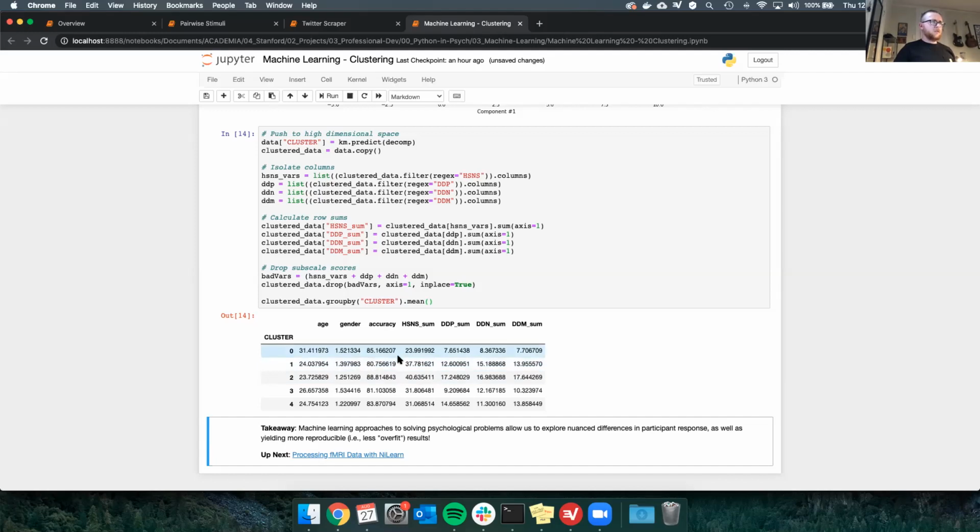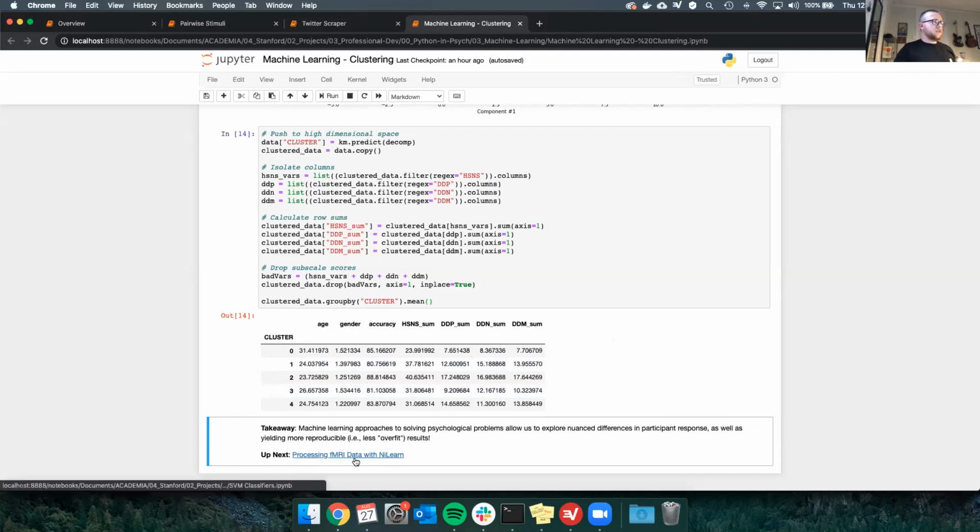But then we start getting into responses on the questionnaire measures. And we can see that participants who were clustered into group 0 scored much lower on all of these than participants in group 1. So you might hypothesize, okay, there is some qualitative difference here between participants who respond this way and participants who respond this way. So the takeaway here is that machine learning approaches to solving these problems give us a really nuanced means of exploring data that's hard to do manually. We would have to run a lot of tests prior to understanding these differences. Taking an algorithmic approach puts us in pretty good shape.